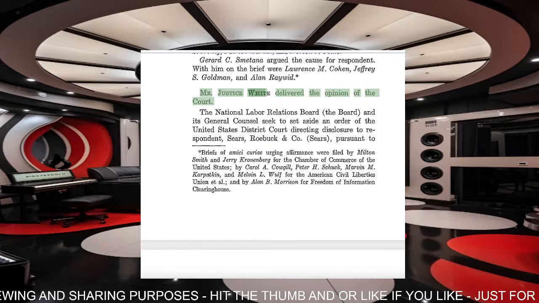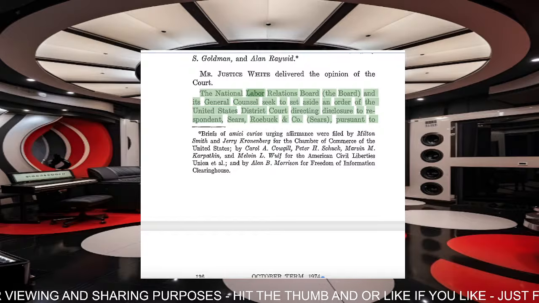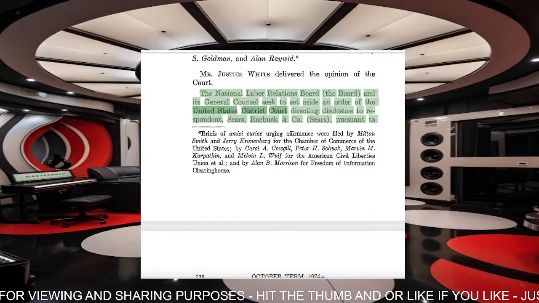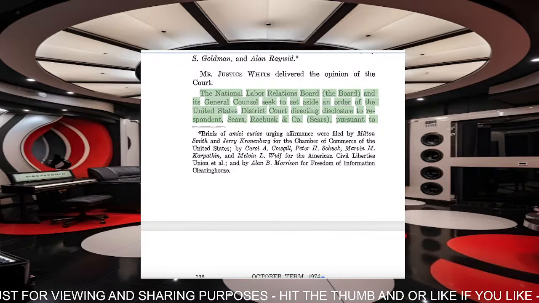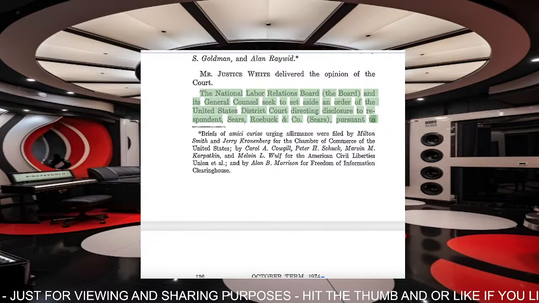Mr. Justice White delivered the opinion of the court. The National Labor Relations Board and its General Counsel seek to set aside an order of the United States District Court directing disclosure to respondent, Sears, Roebuck & Co., pursuant to